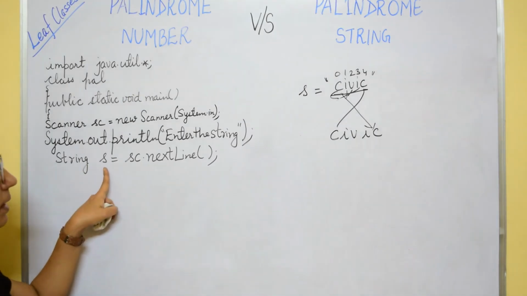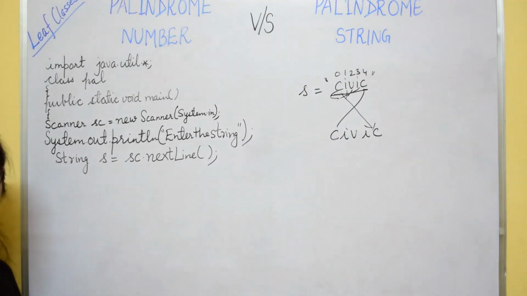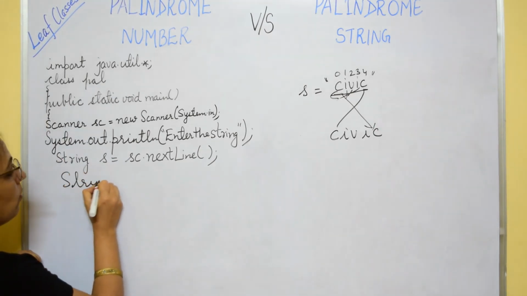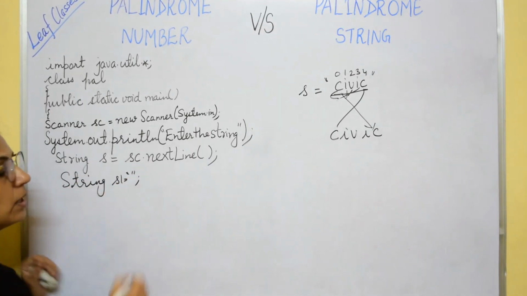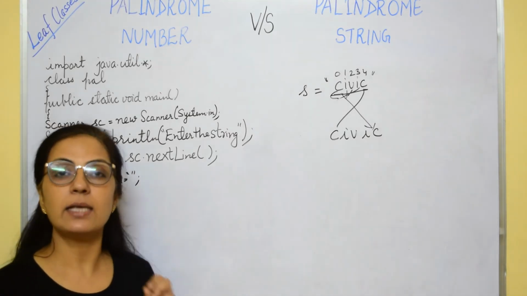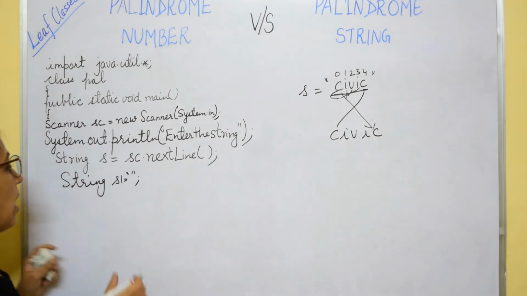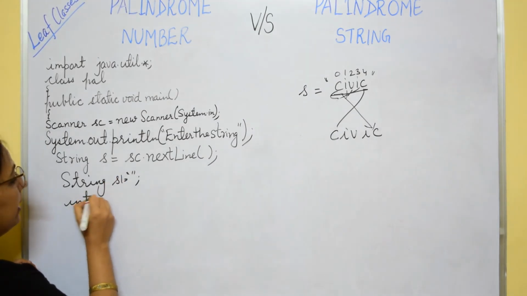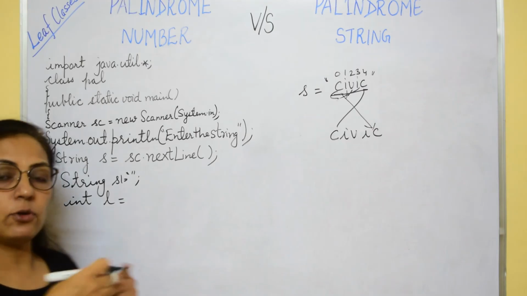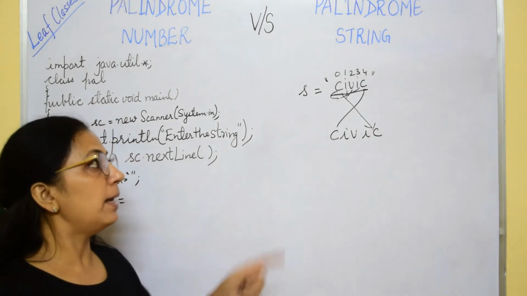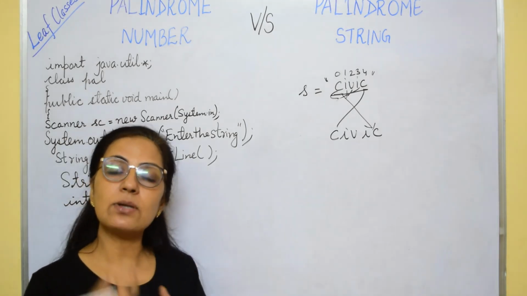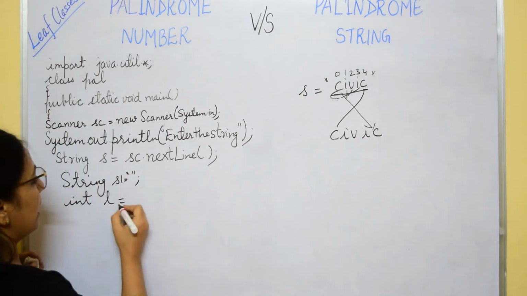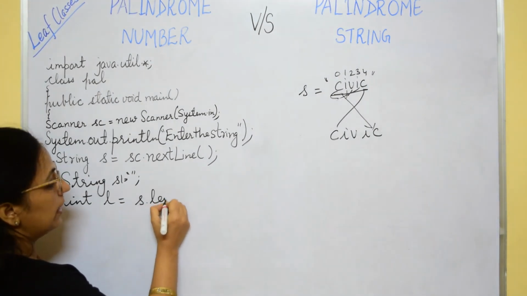So let's start the programming statements. I have entered the string in the S variable. Now I want to store the reverse string in one more string variable. So I am using one more variable here, string S1 equals only starting and closing quotes. You will not give even a space over there. Okay. Now after that we can find the length, because how many times do we have to repeat this process? According to the length, if the length is 5, we have to repeat it 5 times. If the length is 10, we have to repeat the extraction process 10 times. Okay. So int L equals S dot length.